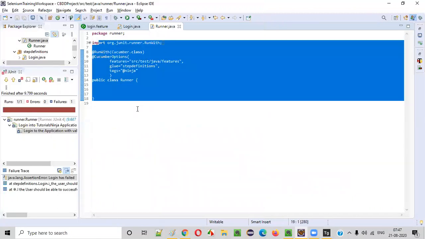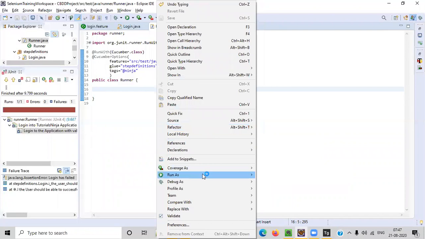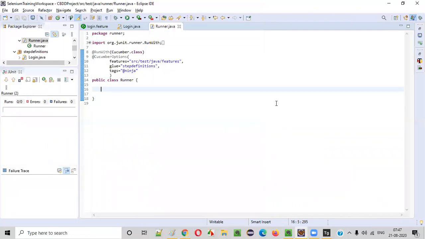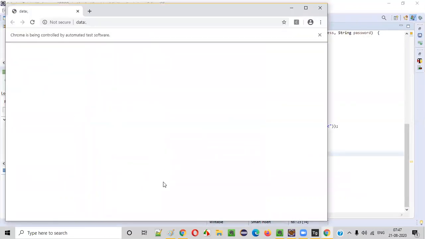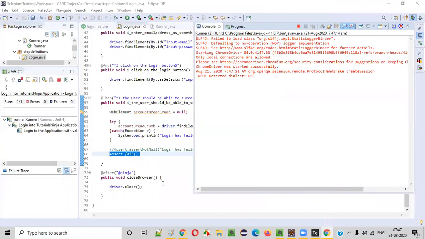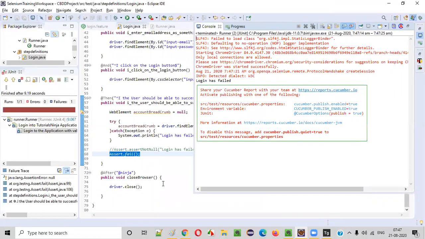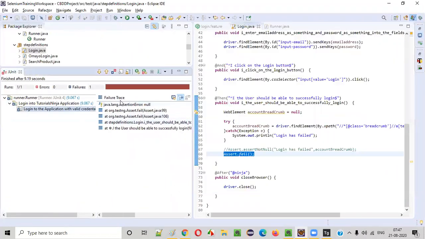This runner class is JUnit. If I run this, I am running using JUnit. The execution will happen, but in the login class, when things are running, the assertion is from TestNG. If something fails in TestNG, will that result come in the JUnit results or not? Something is really failing, guys, but I'm not getting that assertion. The TestNG assertions are not coming here.